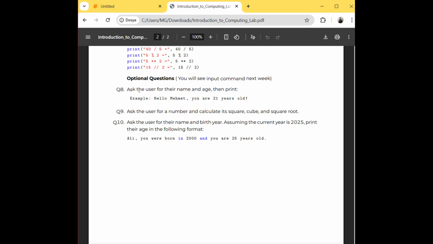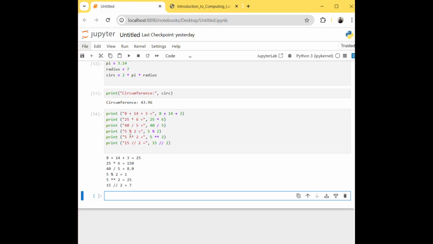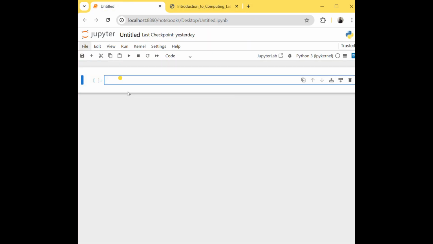In question 8, it's asking the user for their name and age, then print it. And it's supposed to see something like this: Hello, Mehmet, you are 21 years old. To be able to do it, first of all, we are going to ask the name. You can use input comments by writing input, open brackets, and you can ask whatever you want to show in the screen. We can ask here the name by writing like this,